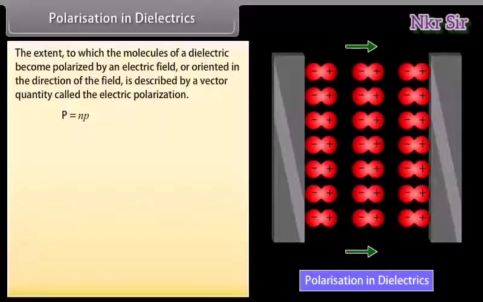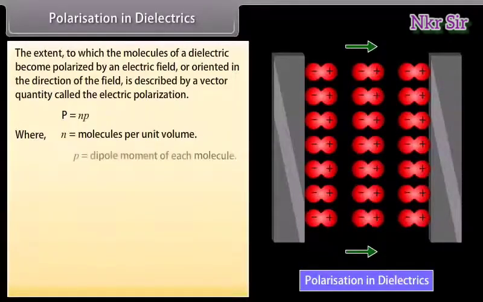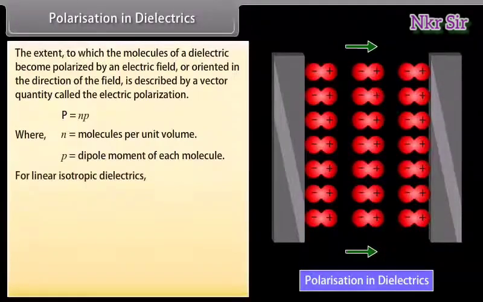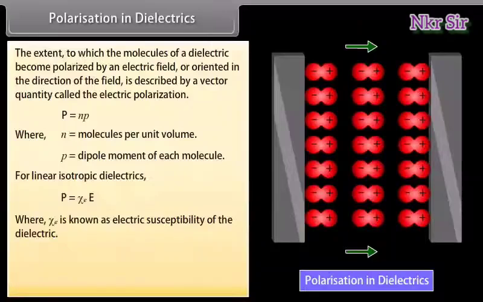P is equal to Np, where N is the number of molecules per unit volume and p is the dipole moment of each molecule. For linear isotropic dielectrics, P is equal to the product of Xi and E, where Xi is known as the electric susceptibility